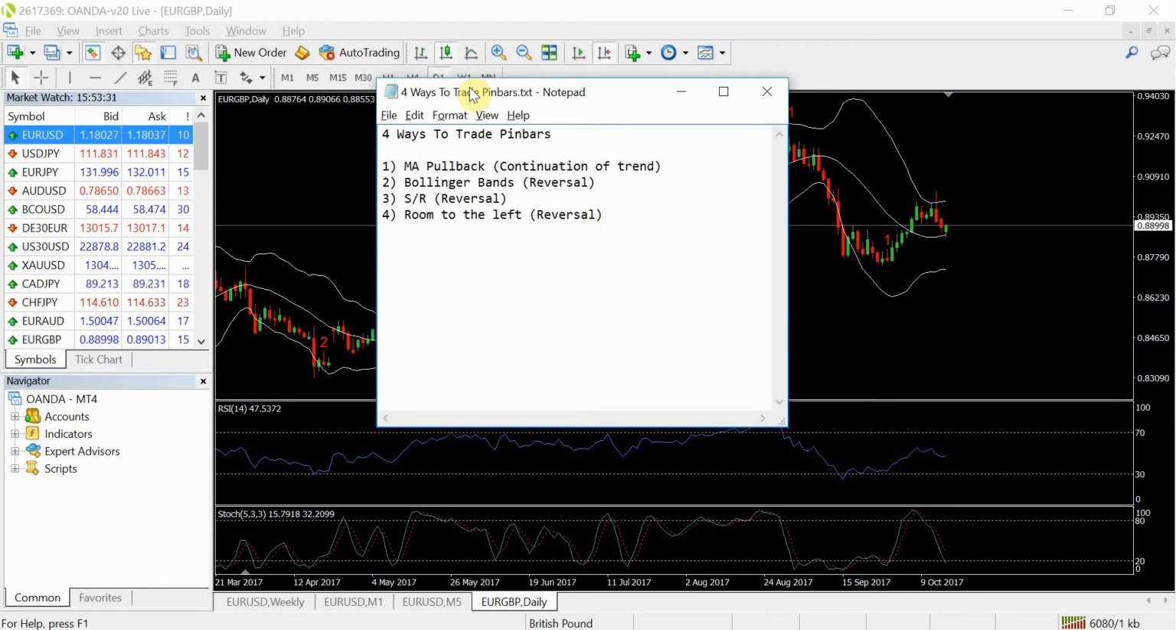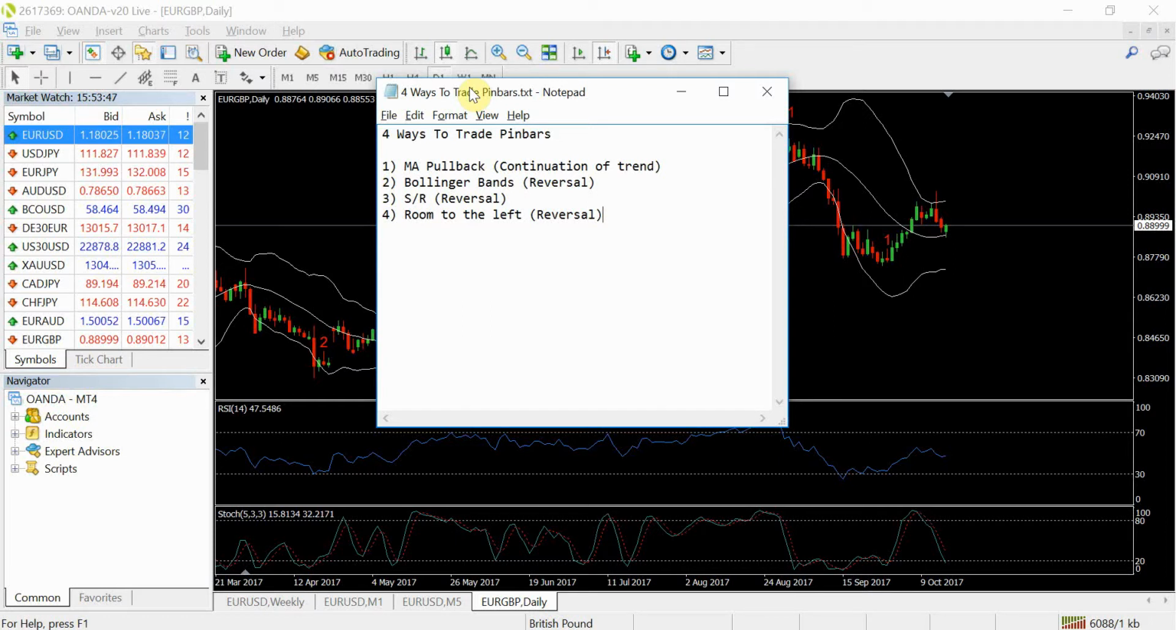Now normally pin bars are used as a reversal signal. As you can see, 3 out of the 4 are reversal signals, but one of them is actually a continuation of the trend. So we're going to start with the first one, which is